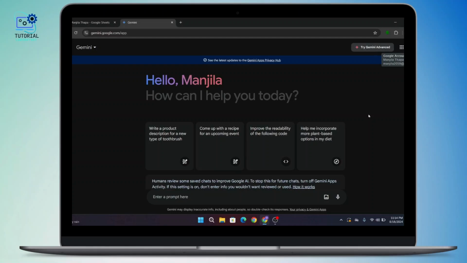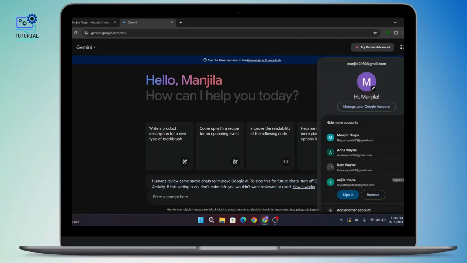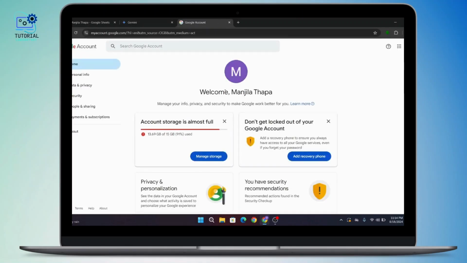After you log in, navigate to the top right corner. There you'll find your profile icon. Click on it. From this drop-down box, click on Manage your Google account. Now once you land on this home page, navigate to your left hand side and on this menu bar, click